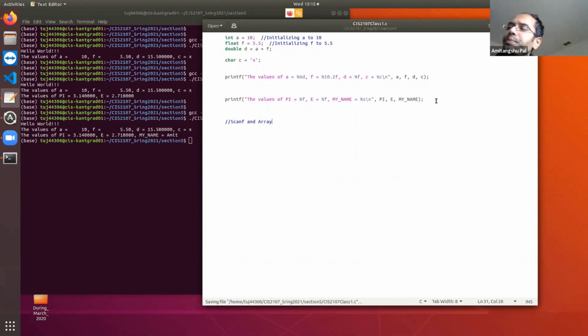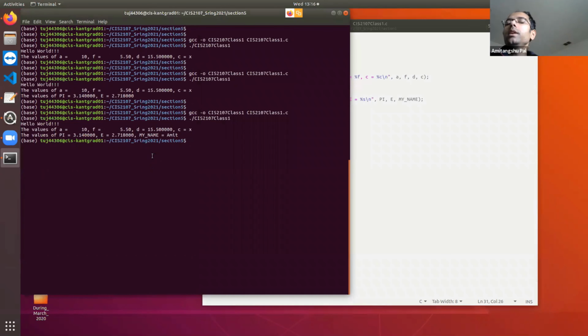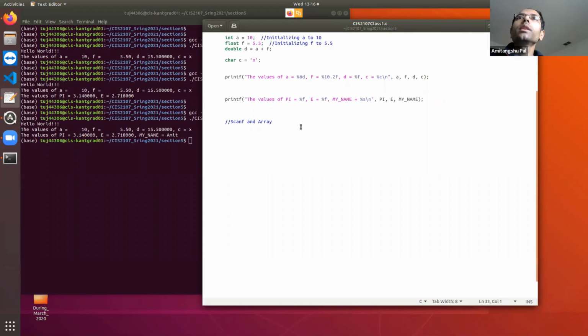All right. So let's write a program that is going to take the name and age of a student. Okay. However, it is going to ask the user to enter his or her name and his or her age. All right. So that the user can enter from the output terminal that name is this, age is this, and then the program will scan those values from the output. Yeah. Let's see. So name is basically a set of characters, right? That means you need an array of characters. Clear? Name is a string.